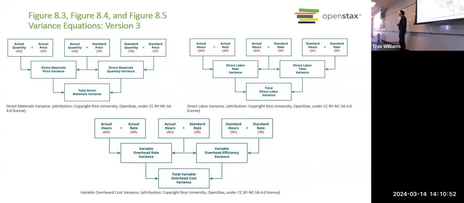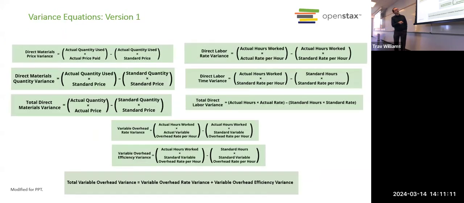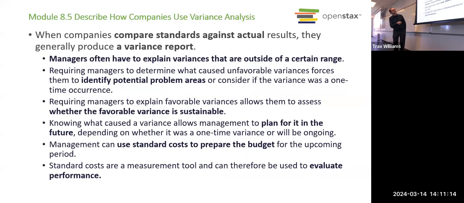Anyone have questions? Jordan. There was a thing that said about the range of variances that can be explained. Is that something we're going to calculate in the future? Where it says outside of a certain range. No, because that's really a case by case thing. It would be up to the company.